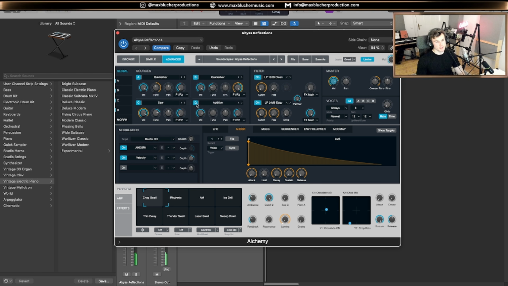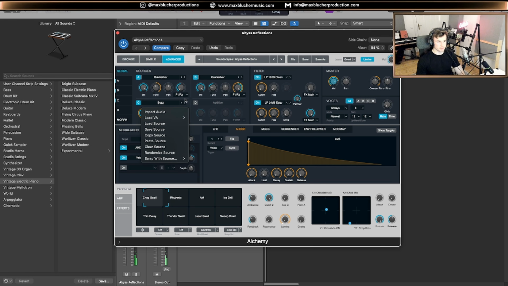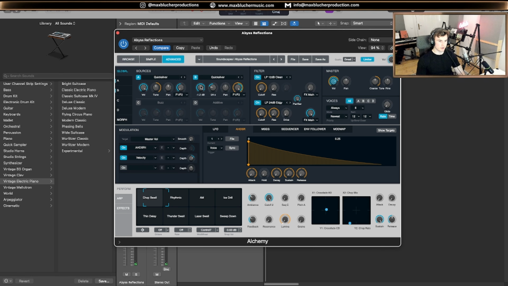Now for me, the additive and the saw don't really fit. I can still change them here in this preset menu, but I usually just turn them off to save some time. So yeah, once you have a pad sound that you like,